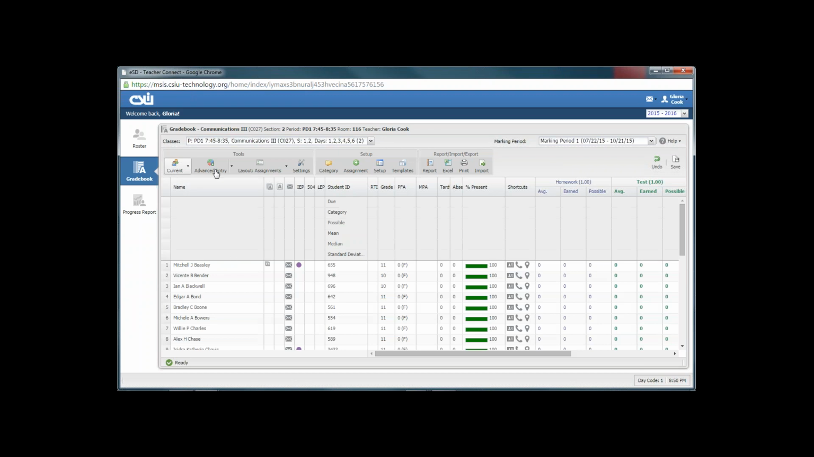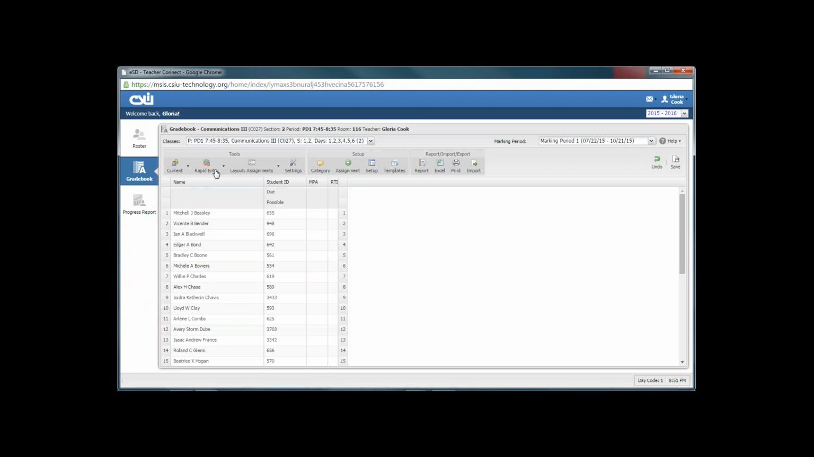The next button over is the advanced entry. There are two modes to this button as well. One is the advanced entry and one is a rapid entry screen. Rapid entry you're going to use once you get your assignments added and you start having grades posted in this view. The reason you would want to use rapid entry is because there's a lot of other information